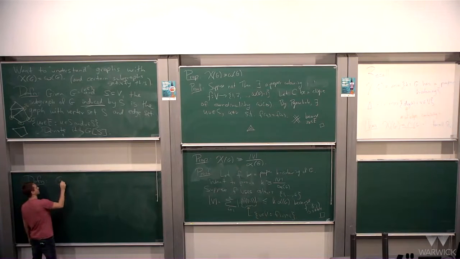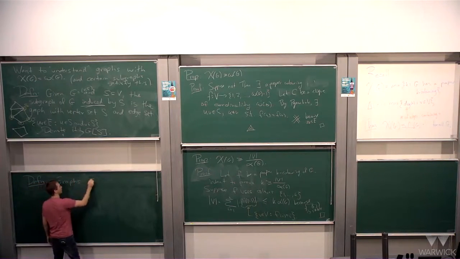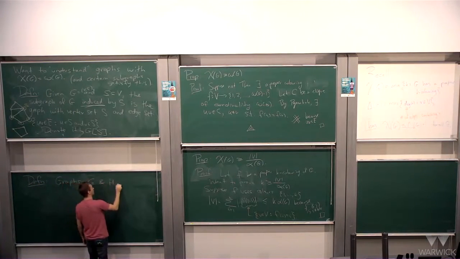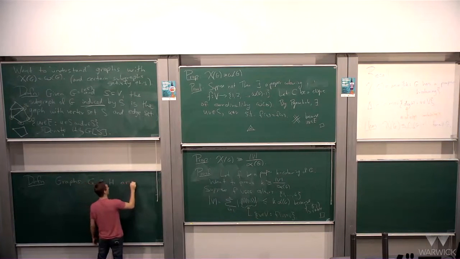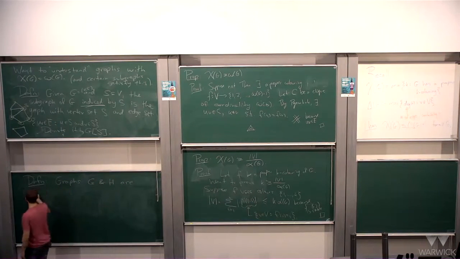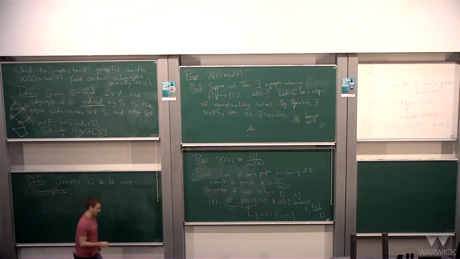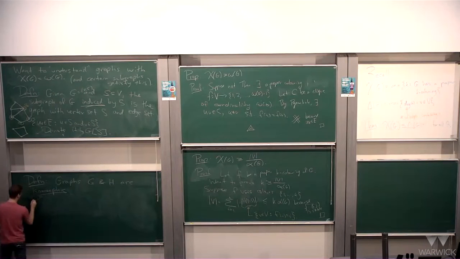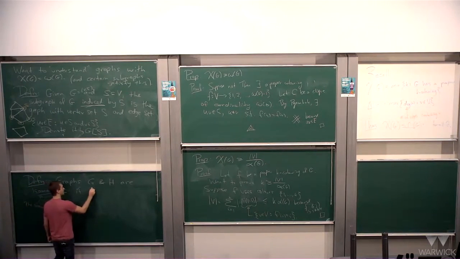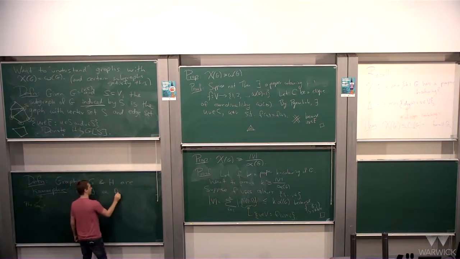So graphs G and H are isomorphic, and when I say isomorphic, you should think of them as being in a certain sense kind of the same, if there exists a function phi,